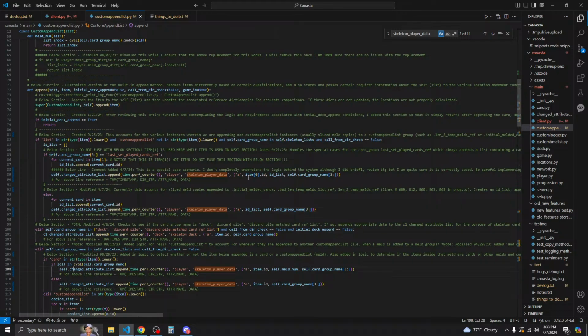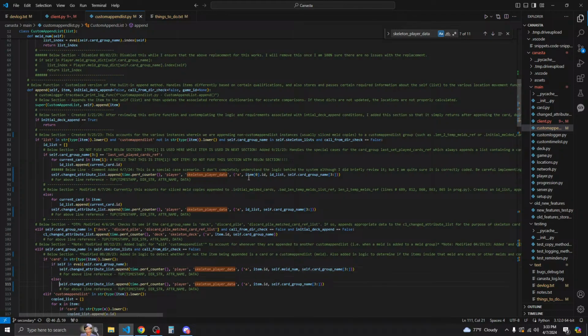Alright, next one is here. This is for if card group name and skeleton list called check is equal to false, if card is in string type item lower and self is in the card group, we say self change attribute list append timestamp player skeleton player data for adder name data equals a item id self.meld num and then self.card name.